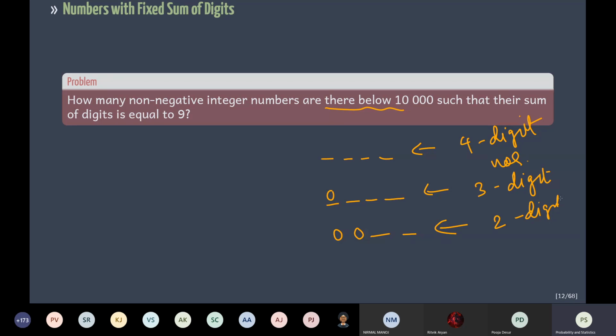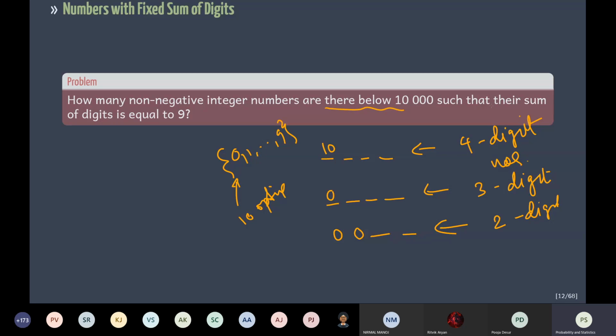How can we reduce this to a problem of permutation and combination? That's the question. So what are the possibilities we have? Well, I can choose anything here. I have 10 possible options between the set of digits, which is 0 to 9. So I have 10 possible ways to choose, but